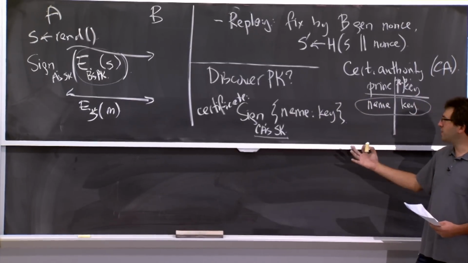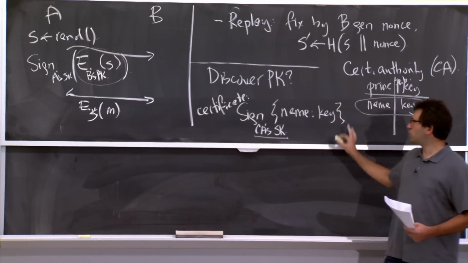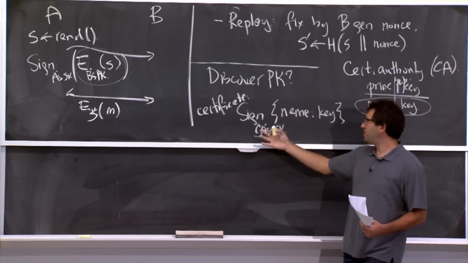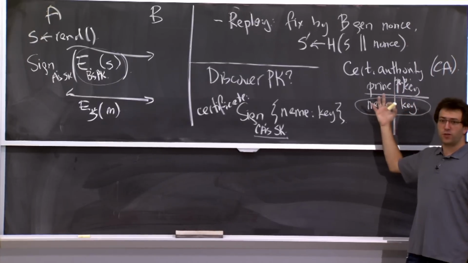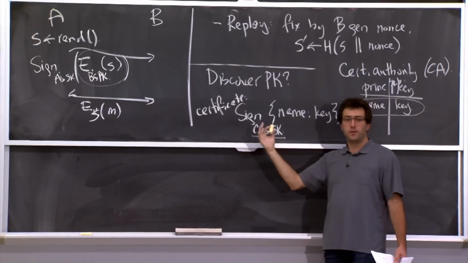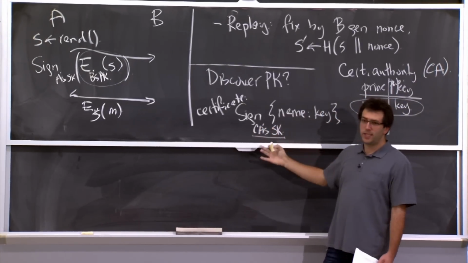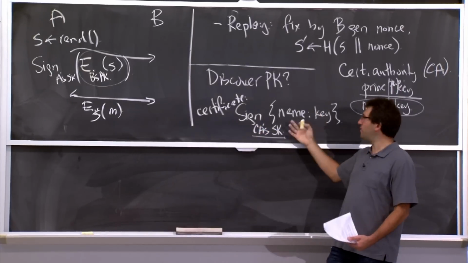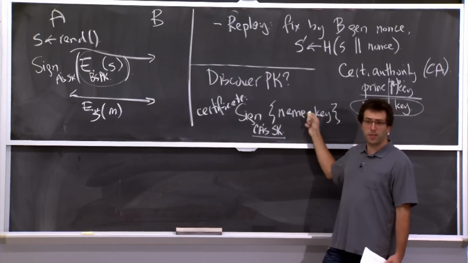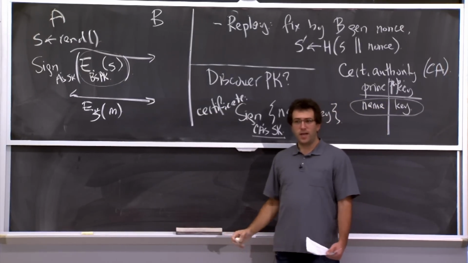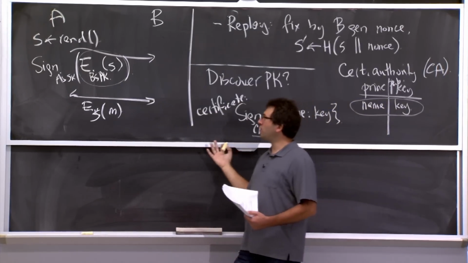And typically the way this works is that a server that you want to talk to stores this certificate that it originally got from the certificate authority, and whenever you connect to it, the server will tell you, well, here's my certificate. It was signed by the CA. You can check the signature and just verify that this is in fact my public key and that's my name. And on the flip side, the same thing happens with client certificates.